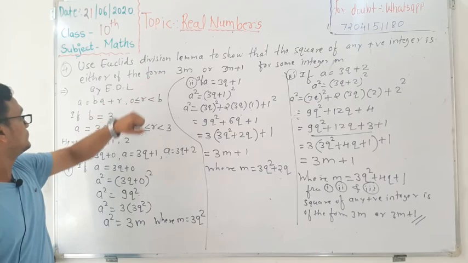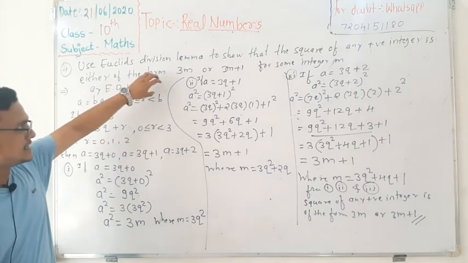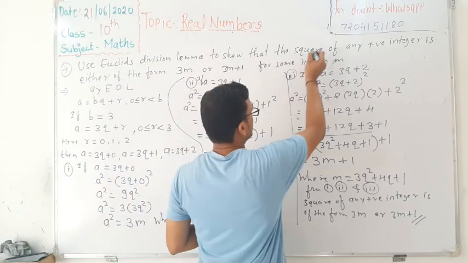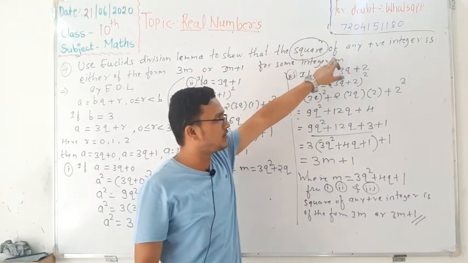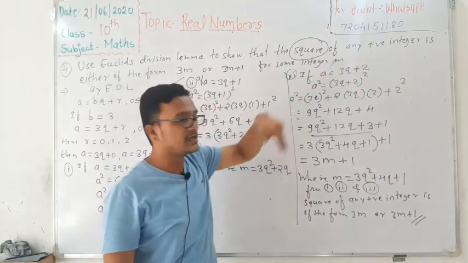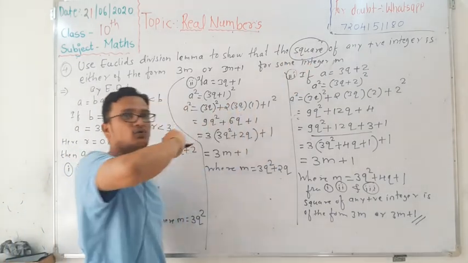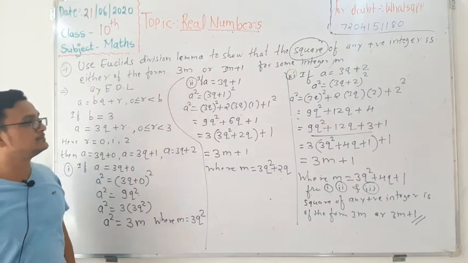Okay, I hope you understood this problem. The same type of problem you are going to simplify. As we are having here the word square of any positive integer, the next question you are going to simplify, instead of square we are going to have the cube. Okay, pause the video to note it down.